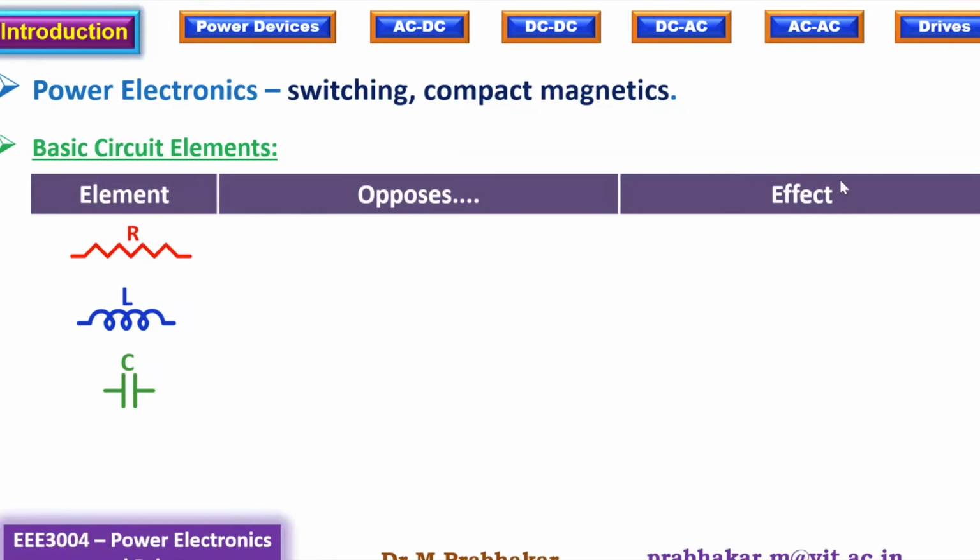Second column says opposes. What is the effect of that opposition? So resistance is going to oppose the flow of current, or rate of flow of charges. Because it opposes flow of current, heat is going to be dissipated. And you know I squared R is the heat dissipation. Now, because heat is going to be dissipated, what happens to efficiency from a power conversion perspective? If you have an intermediate resistor, what happens to the efficiency of the overall power conversion process? Is it desirable to have a resistor in a power electronic converter?